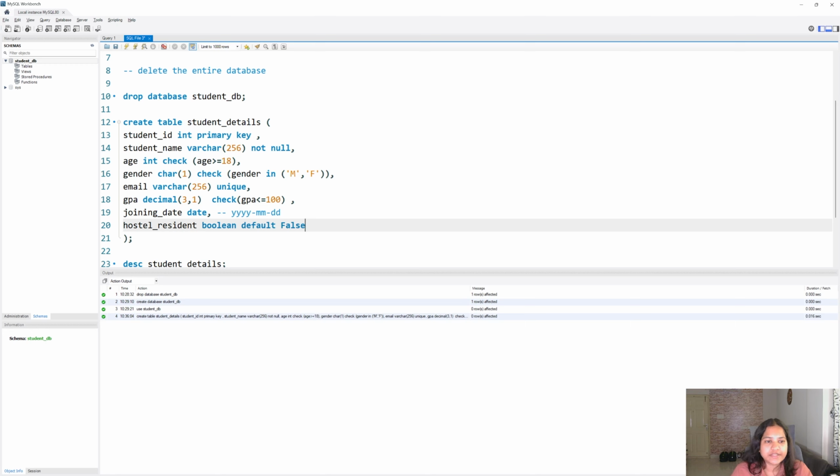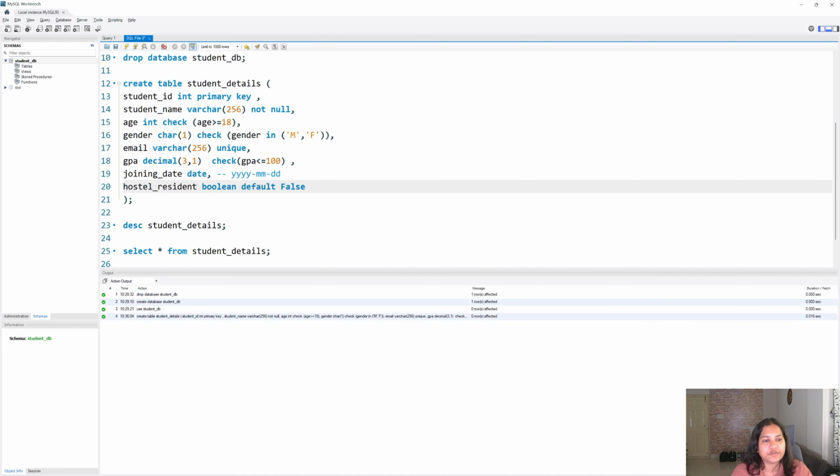So let's say if in the hostel resident column they have not put any value, by default keep it false. This can be used anywhere, like by default do this, by default do this. So this is the default constraint. We have primary key, not null, check, unique, default. So five constraints are done. The others we'll discuss in the next video or later once we start working.